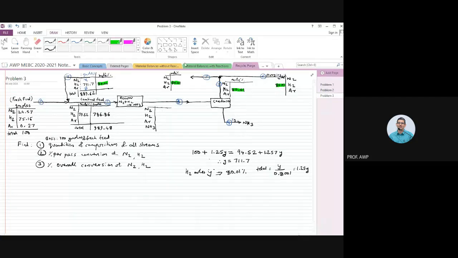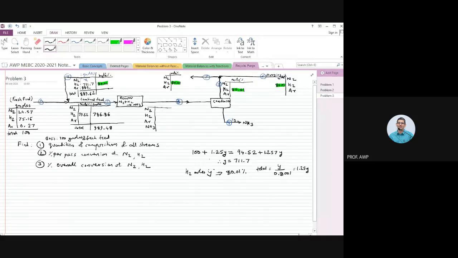Okay, Smith, go ahead. Sir, I'm stuck here, on X and Z. Oh, okay. So you can eliminate one more variable. You can eliminate Z as well, right? Because the total moles of the recycle stream, stream number 8, we have already got. It is 889.62. Out of which 711.7 is hydrogen, X is nitrogen. So argon would be